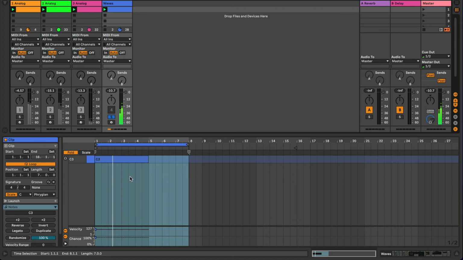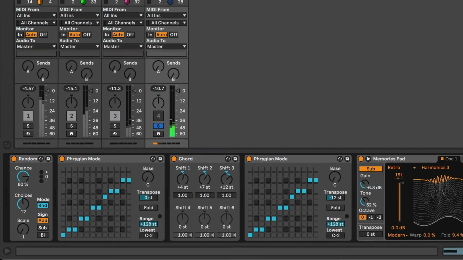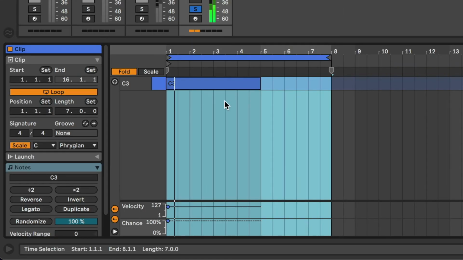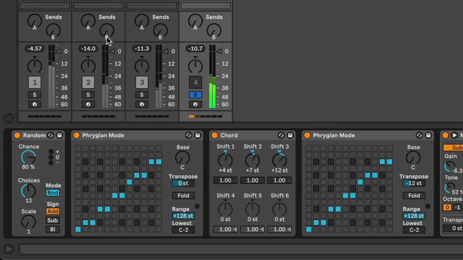But even though the MIDI note's the same, we're getting a different chord. But it's still all within C Phrygian, so how are we doing that? Well, let's look at the clips. Let's look at the MIDI effects that are in this track. All right, so what we're doing here is every time this note starts, it runs into this randomization plugin, and